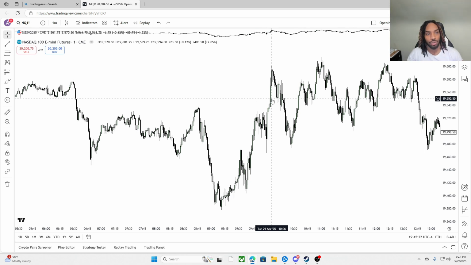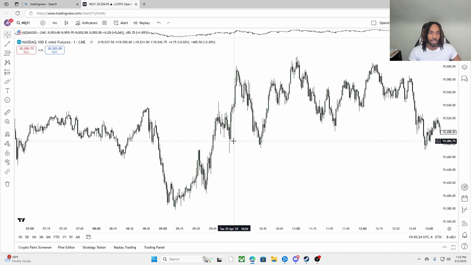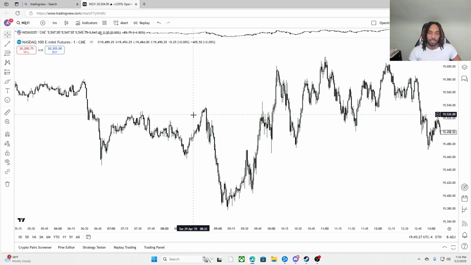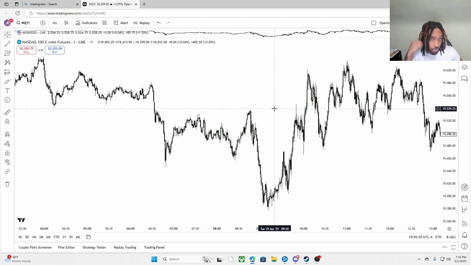All right, so as y'all can see right here, we got the 1 minute chart, and when you are trading fair value gaps, or when you are trading anything, you should have a narrative on why you're trading that specific thing. Why you're going to that target, why you're taking your entry there, why your stop loss is there. All of that should be based on a narrative. A narrative is reasoning for the trades that you're taking. You shouldn't just be taking trades because you see a fair value gap.